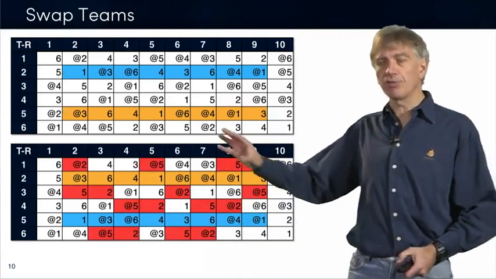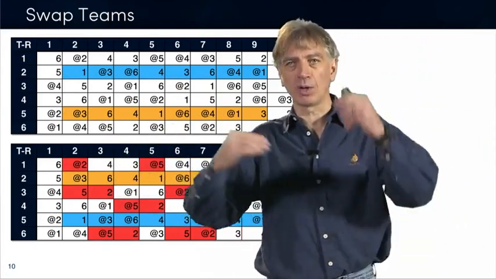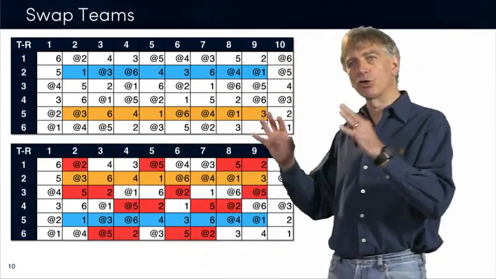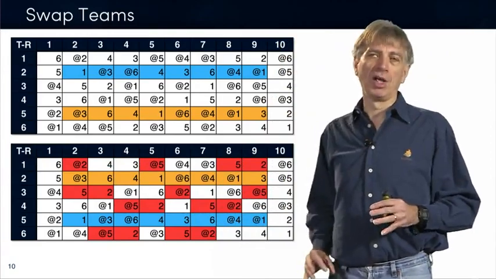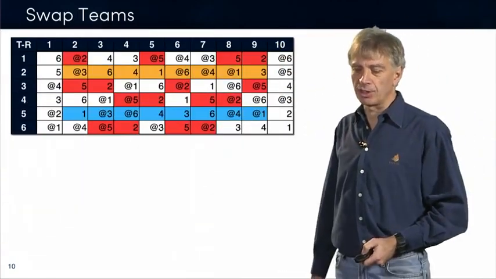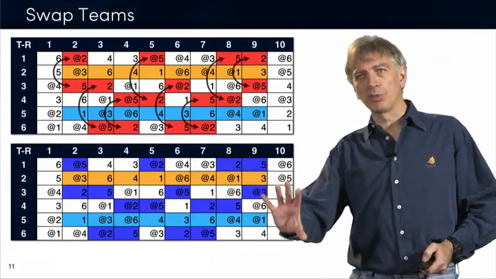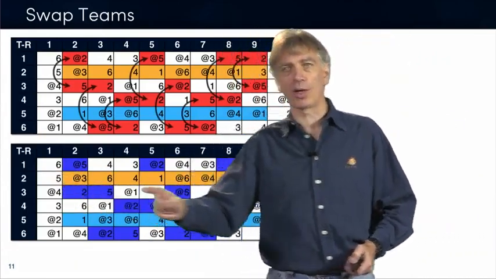So you have a bunch of other entries in this table that need to be fixed. We have to make sure that when we swap these schedules, we are also swapping the opponents of these 2 teams, the teams that they were playing against. Okay? So in a sense, that's what you do here. You fix all these guys, you swap them, and you get this beautiful table where essentially you swap these 2